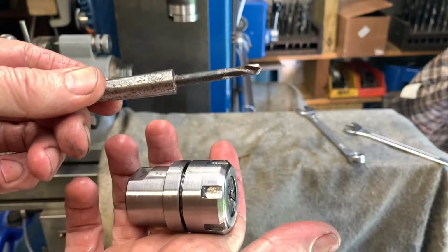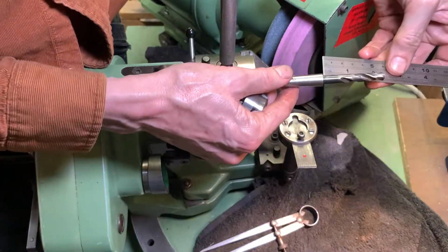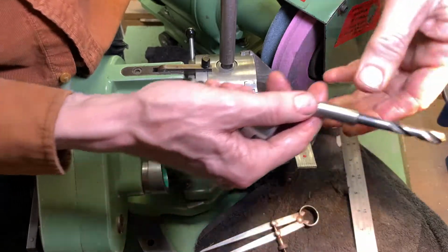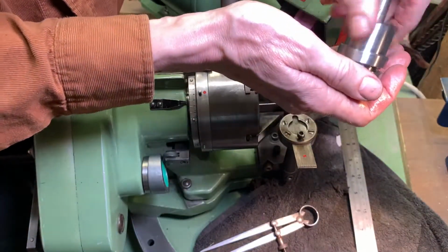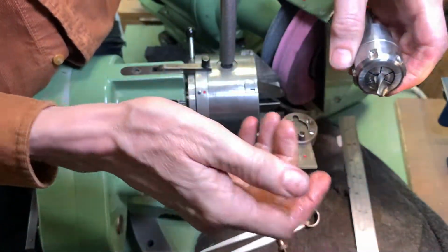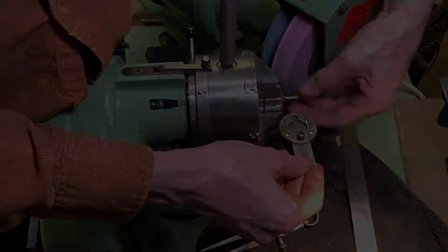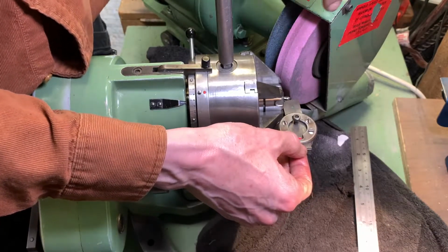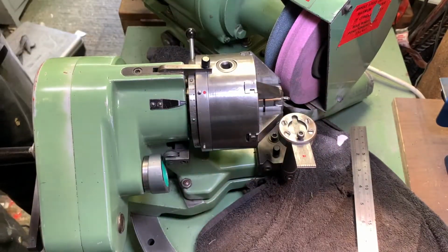So let's go and have a little look, see what that looks like. Okay, so providing I've got about 2 inches of stick out, and this is 2 1/4, that should mean that I can mount it and grind it, which I couldn't do before. So I wouldn't have been able to do that drill before. Yeah, so it is fiddly. You can't get it in this orientation. So what you do is set your drill,